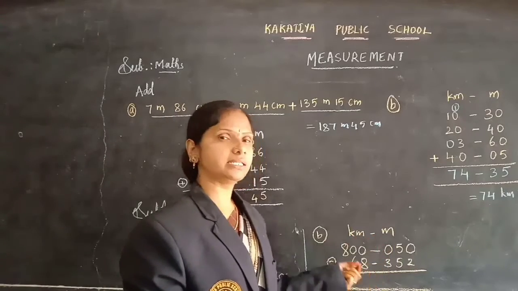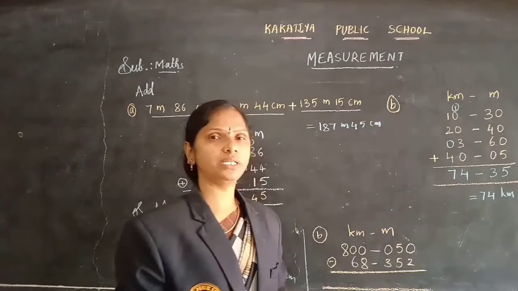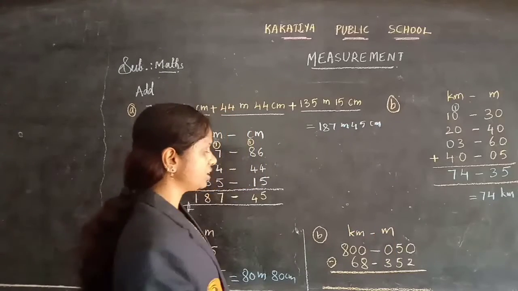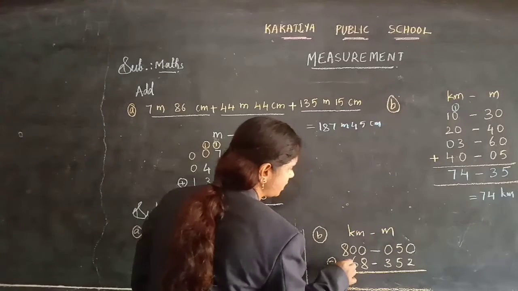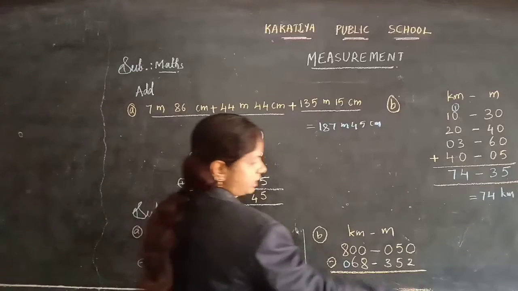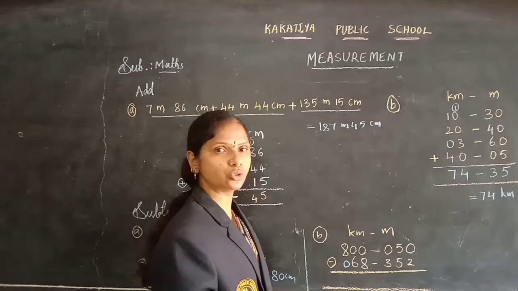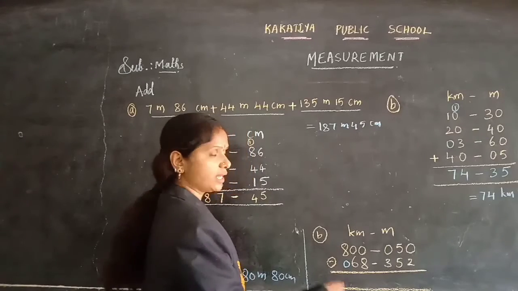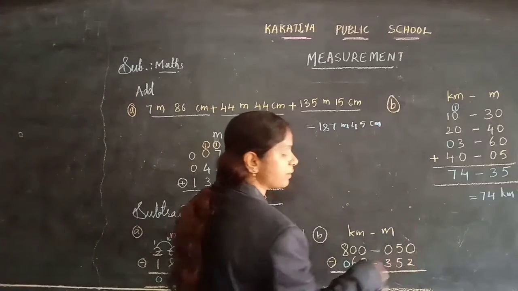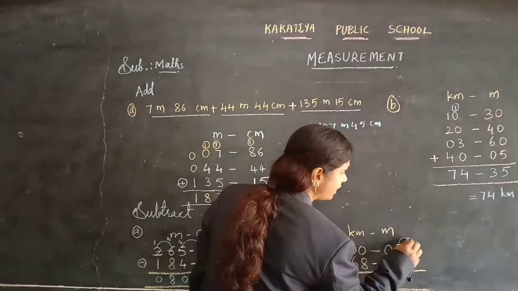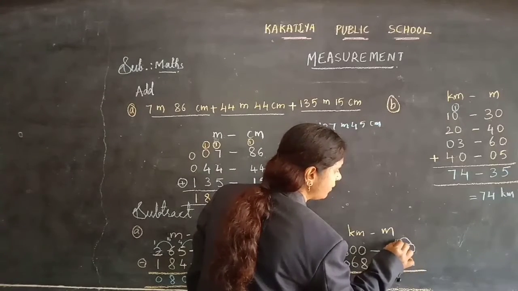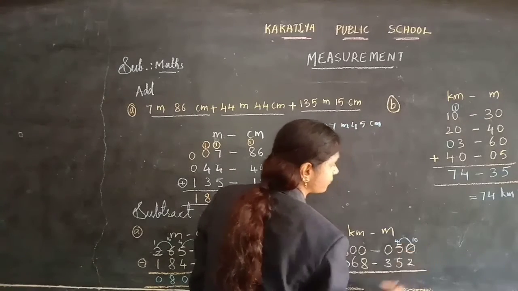Now this next problem has given in kilometers and meters. Let's do the subtraction. Here digit is not there means you can take it as a 0. Now let's subtract from here. 0 minus 2. Is it possible, children, 0 minus 2? No, 0 is smaller than the 2. So we need to take the borrow, children, from the 5. If I take the borrow from the 5, it will be 4 and it will be 10.